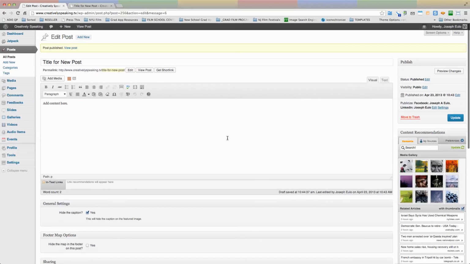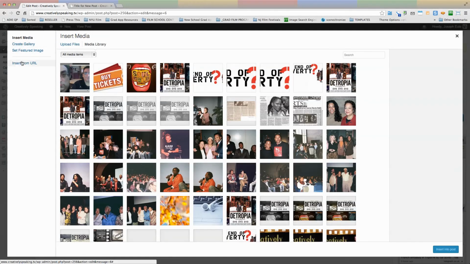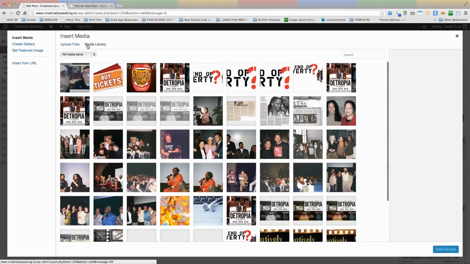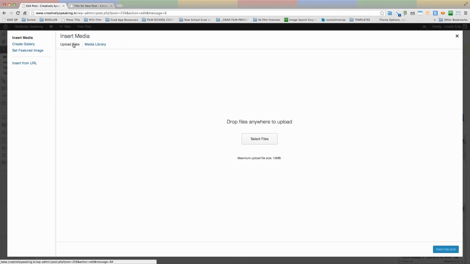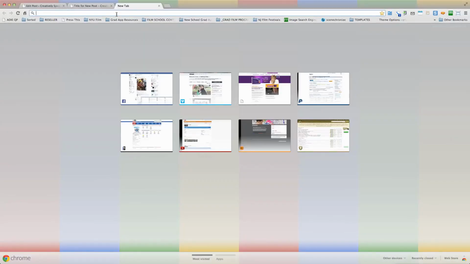So now let's say, for example, you want to add an image to your post. Basically, you come here and you want to insert, embed an image into your post. You can come to Add Media. You can upload media from your computer, or you can also create a gallery, which I'll show you much later. There's the media library. You can upload files. You can actually drag and drop, or if you have a link to an image,